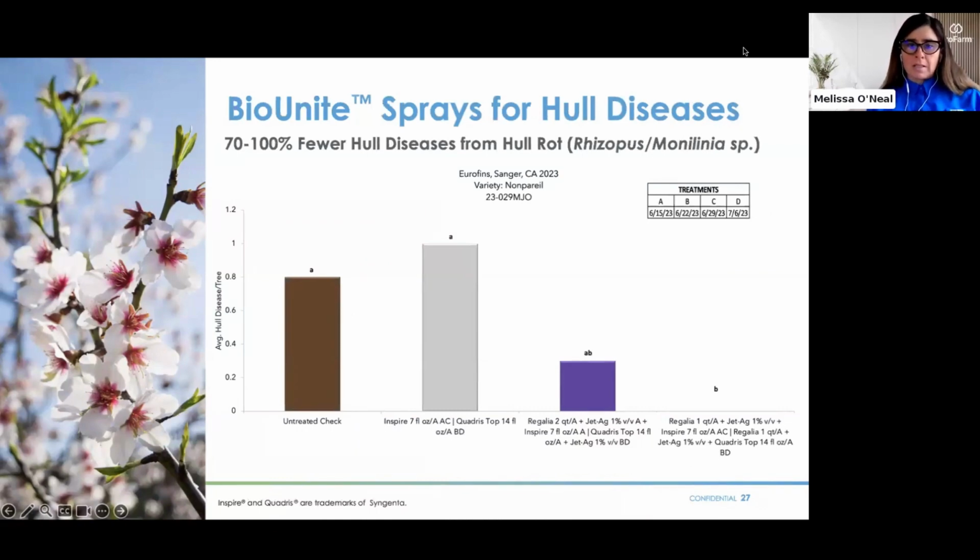Talking a bit more about hull diseases from hull rot, from Rhizopus or Monilinia species pathogens. Here we'll look at a study from Eurofins this very past season up in Sanger, California. The treatment timing table upper right, you can see that there were 4 treatment timings for this particular study. The average hull disease per tree on the y-axis with untreated check on the left-hand side of the screen in the brown bar at 0.8 average per tree. The standard program, Inspire 7 fluid ounces per acre at the first and third timings, rotated with Quadris Top at 14 ounces per acre at the B and D or second, fourth timings, was about 1.1 in terms of average